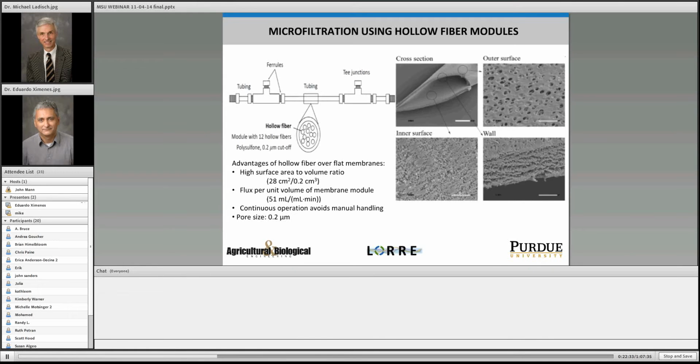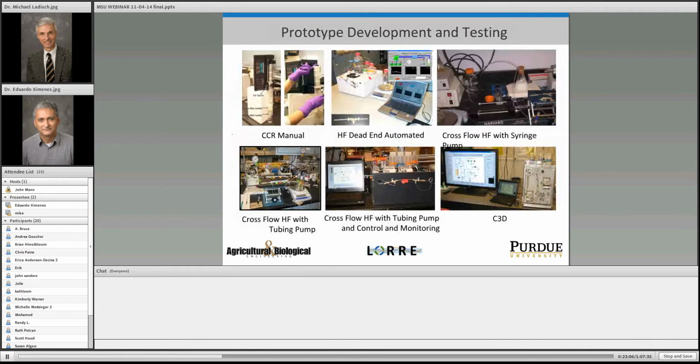On your right side, you have some images generated by microscopy, a cross section of the module, and you also have some pictures in the